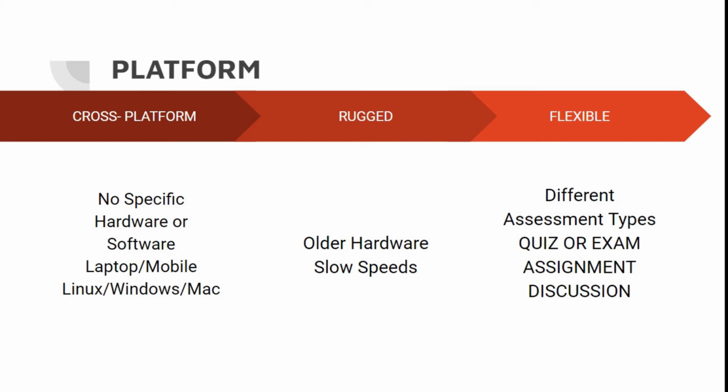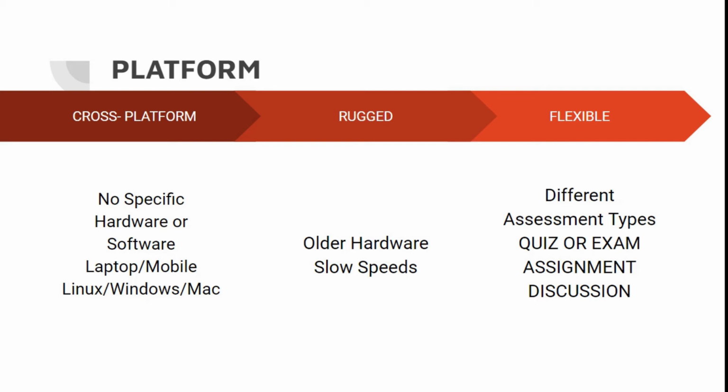So the first requirement of a learning management platform is that it should be cross-platform. You might be hearing in the news these days that a lot of schools have shifted to e-learning, and because of this, school children are finding it really difficult. School children are not corporates; they don't have their own laptops or mobile devices. Yes, a child from a well-off family might have access to more than one device, but there are still a lot of families which do not have access to these.